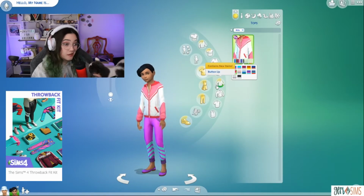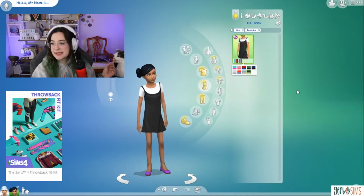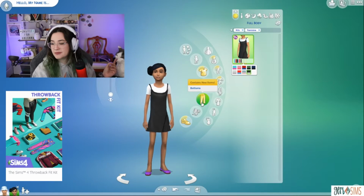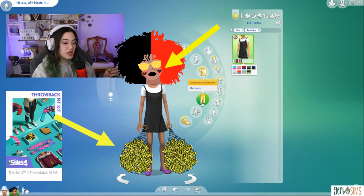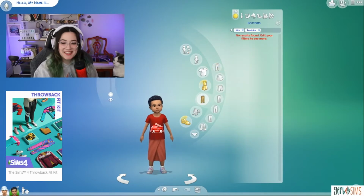Okay, Travis doesn't like it though. Ooh, this black swatch is nice because it's just like a plain layered look. I can see this. Throw on some fishnets and some blush and you're halfway to an e-girl. Toddlers, nothing to see here. Ooh,